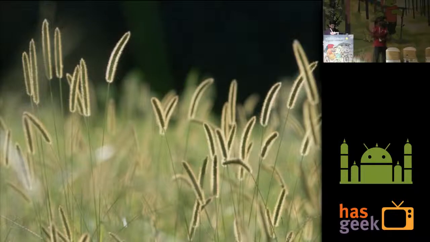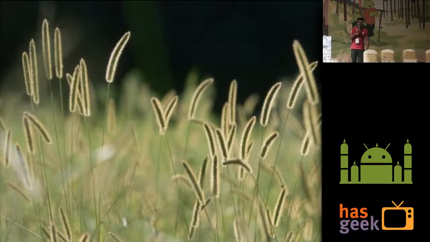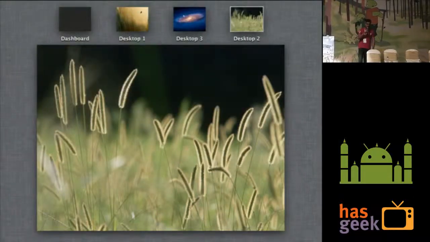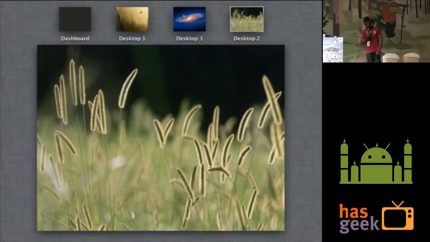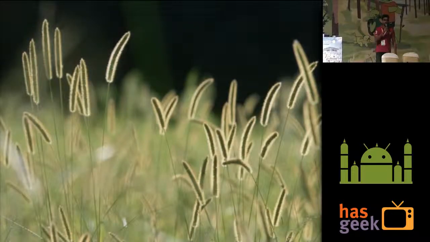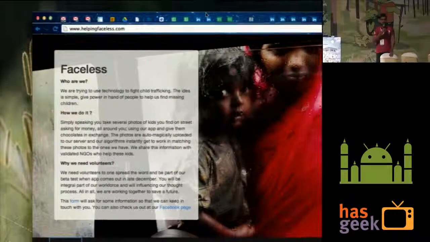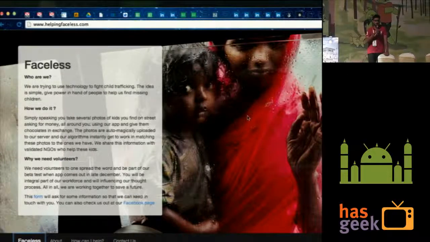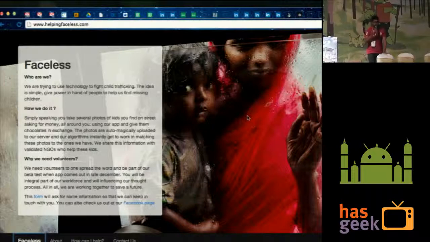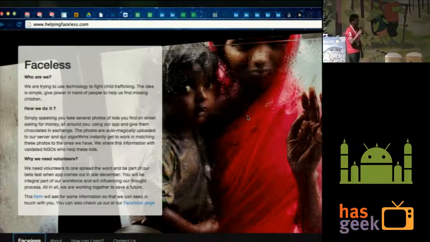Hi. Recently I attended another conference, where some guys gave a very influential talk on how most of the applications we make are centered around sharing content and things like that. There are so many real world problems in our country that we just ignore. As mobile developers, we thought let's take up a real world challenge. So this is one of the projects we have started. It's just me and one of my friends as of now.